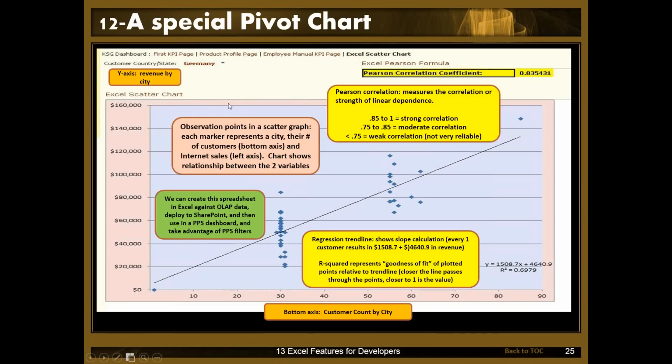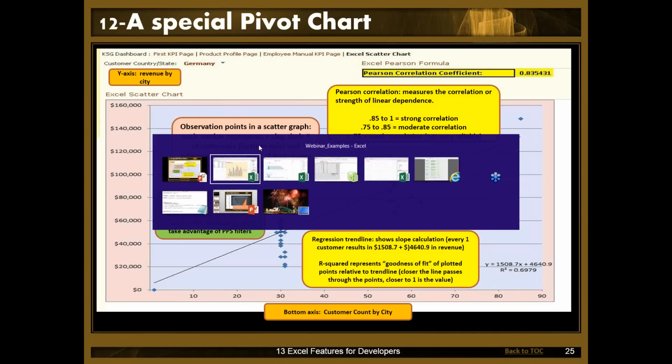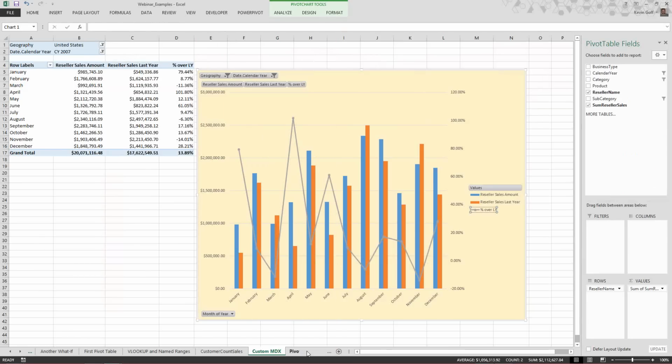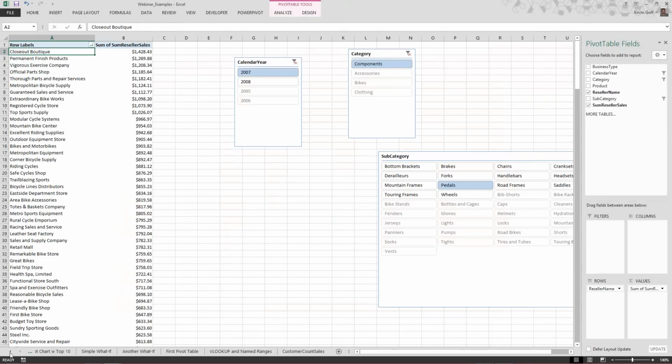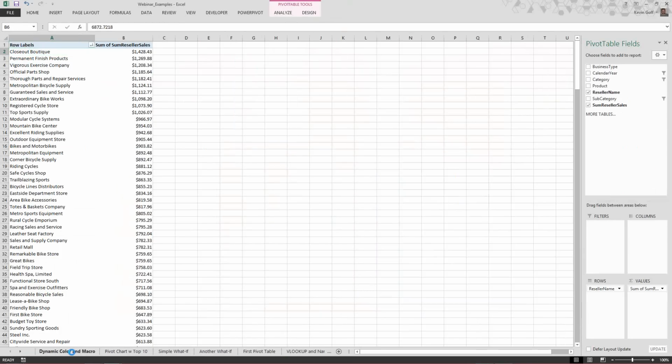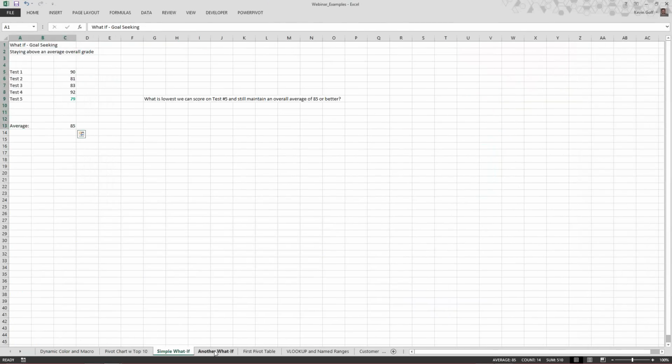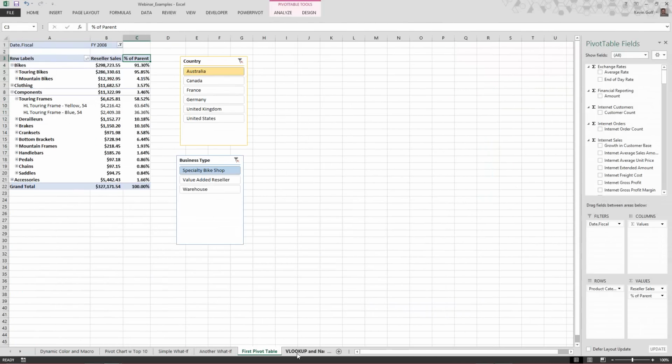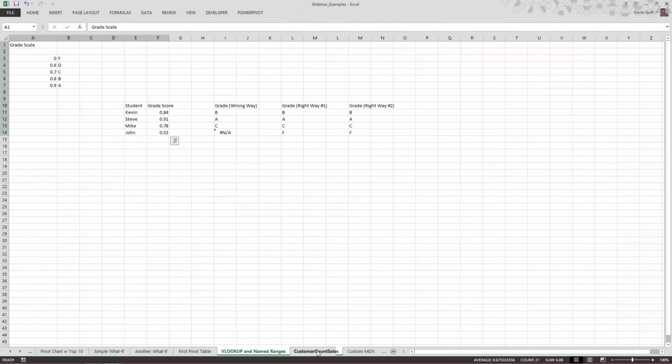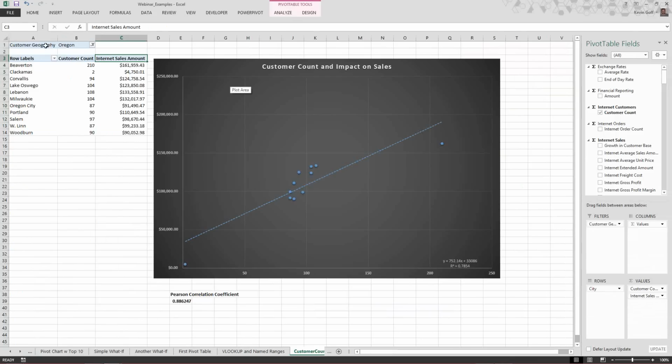Now, the very first time I ever built this, it actually took me a while to build. It's not the easiest one in the world. Just to show the end result here. Yeah, I did it in a different color. I brought in a filter for the geography, brought in the customer count and the sales amount,